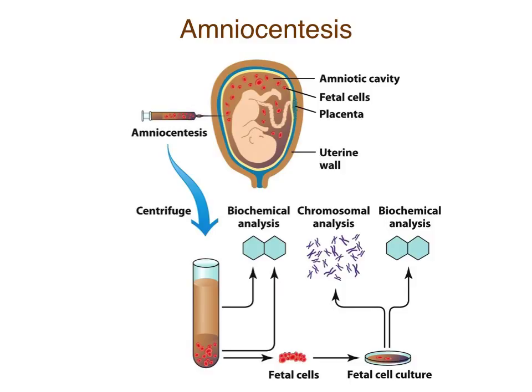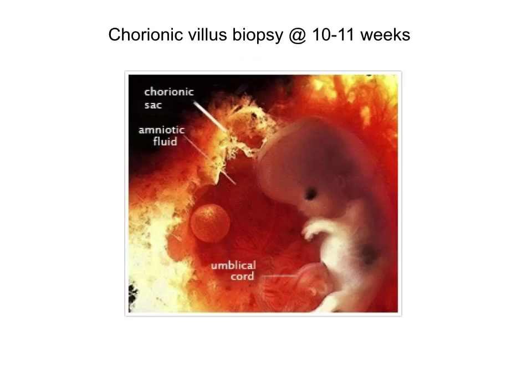Yeah. So the other, earlier detection. This one is sort of less risky, the later detection that you can do. There's an earlier one called chorionic villus biopsy, where you actually sample part of the chorion. This happens at 10 to 11 weeks, so really early on in the development of the embryo, and they just go in there and take out a little bit of it. Here's that chorionic sac, and they just go and take out a sample.